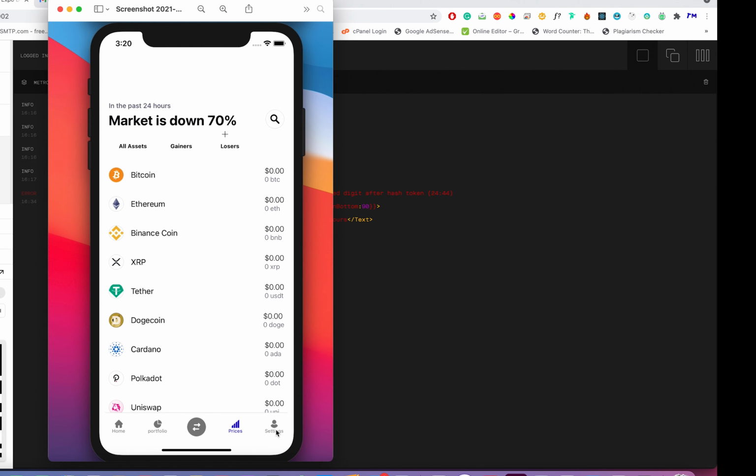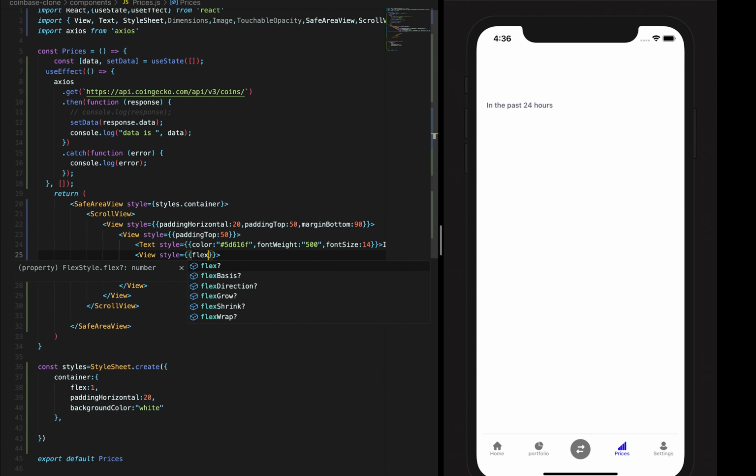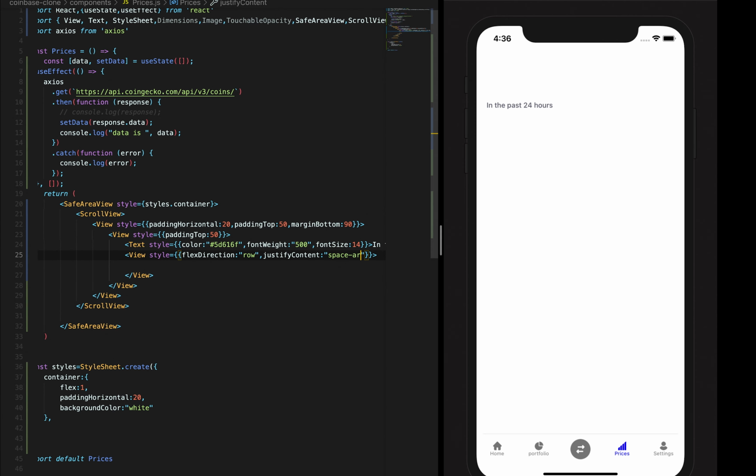So what we want to do is give a space of justify content between these two. That's the reason why I'm creating another view for this one, right? And then we're going to go for the tab bar, and then we're going to go another view for all of this one. All right, continue on. We're going to say flex direction of row and justify content of space between, not space around, space between. Okay,